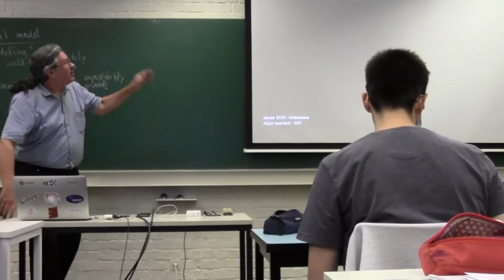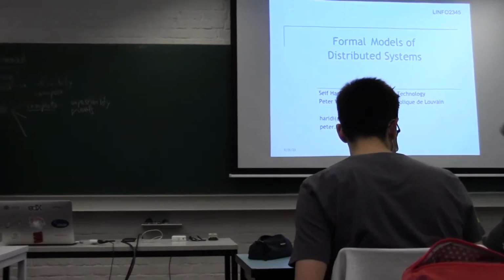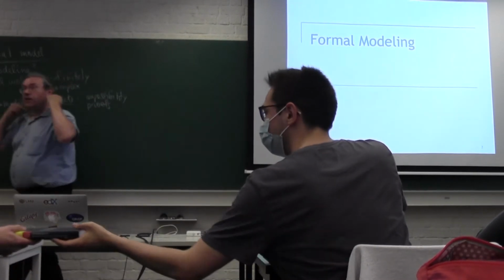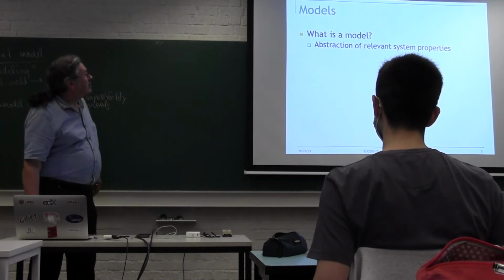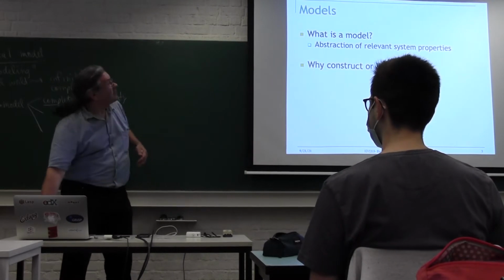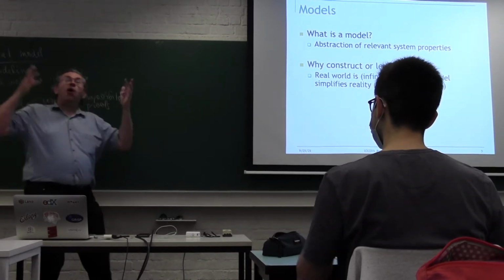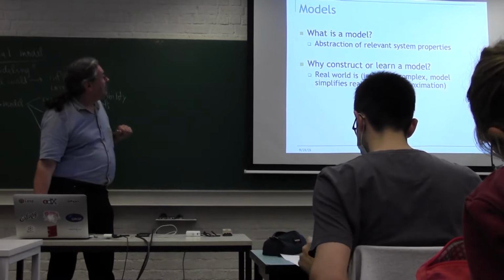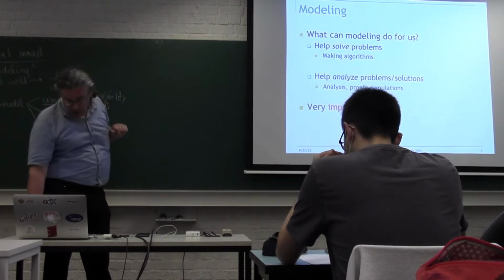It's a little bit clearer with the slides, I think, yeah? So we're going to do formal models. First I want to give you an explanation of what is a formal model. So you take part of the real world and you abstract it, okay? Which means you make a simplified version that still respects the real world, we hope, huh? That's the point, never really sure. So the real world is infinitely complex, and we make a simplified model, okay?